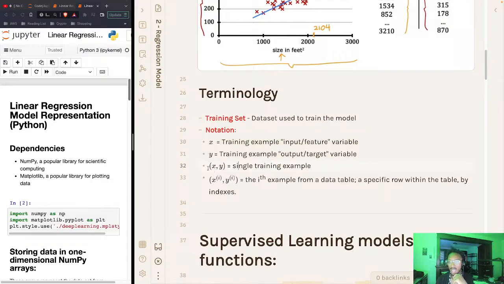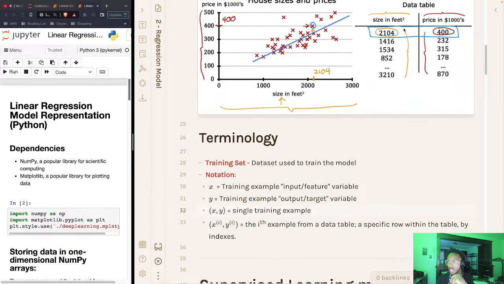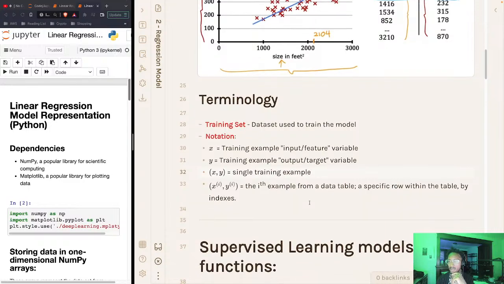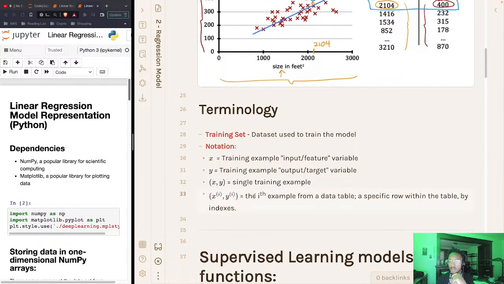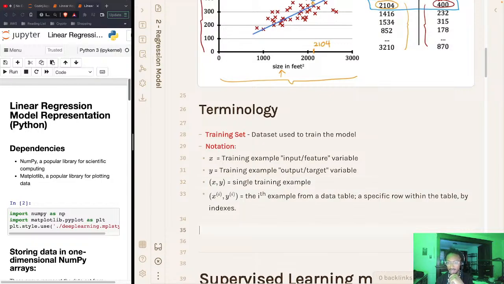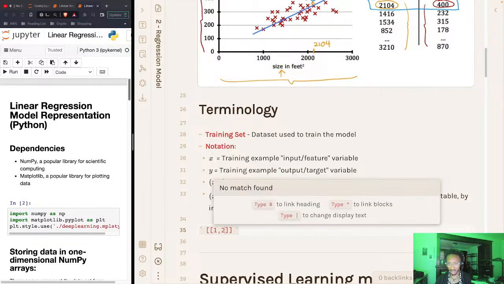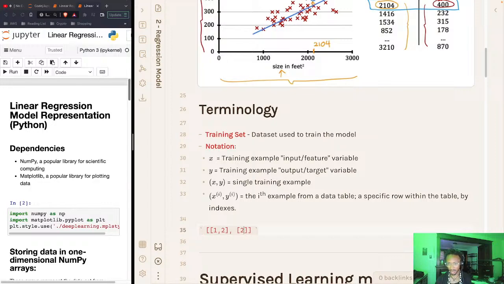So a single XY pair, which is like this and this, 2104 and 400, that would be a single XY pair. That's a single training example. As I mentioned before, you can have multiple training examples within a data set. So for example, I shouldn't have erased it, but your data set for training could be like X, it could be like 1, 2, 3, 2, 4, let's just do that. And then 3,